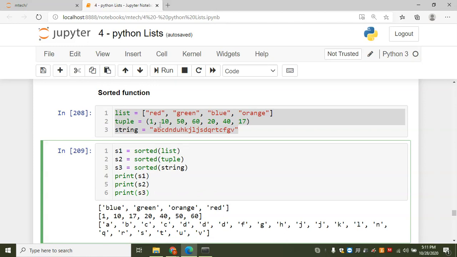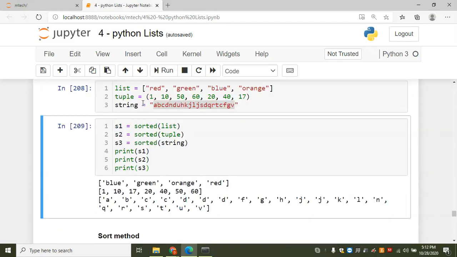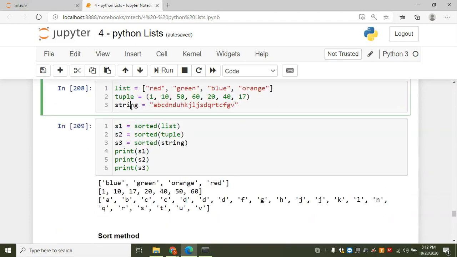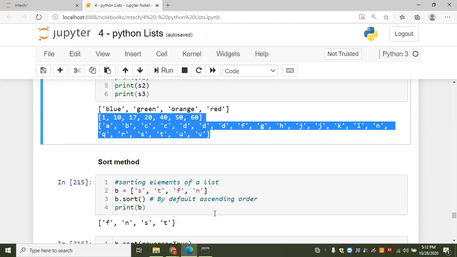And this tuple has got sorted in ascending order: 1, 10, 17, 20, 40, 50, 60. And the string has also got sorted in alphabetical order. One thing we need to note is that this tuple and string have got converted into a list.